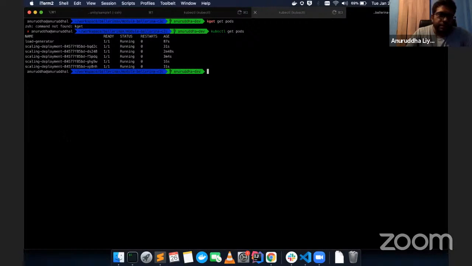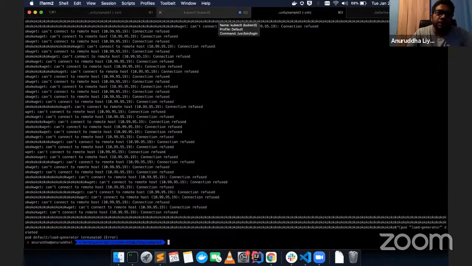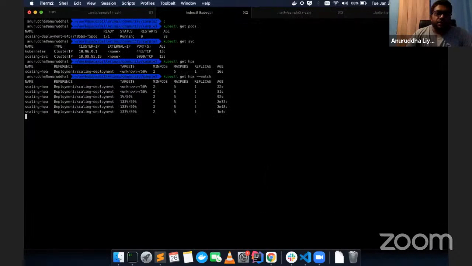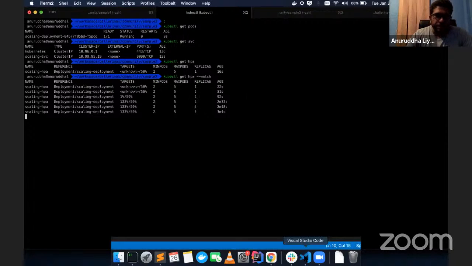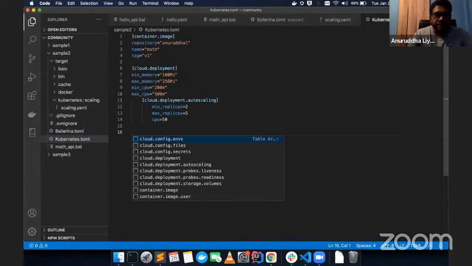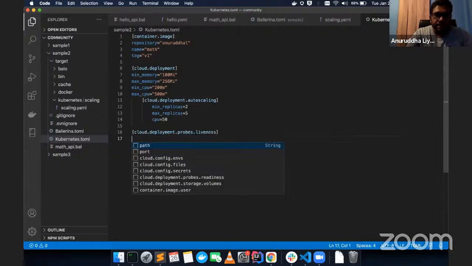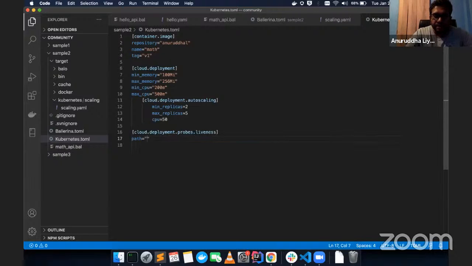You see that these connection refused messages are coming because we are invoking before the service is ready. So what you can do is add a readiness probe and liveness probe to this service. I'm not going to demonstrate the usage, but let me show you how you can add it. In the toml, you can just specify the readiness and liveness probes, and here you can give the port first.